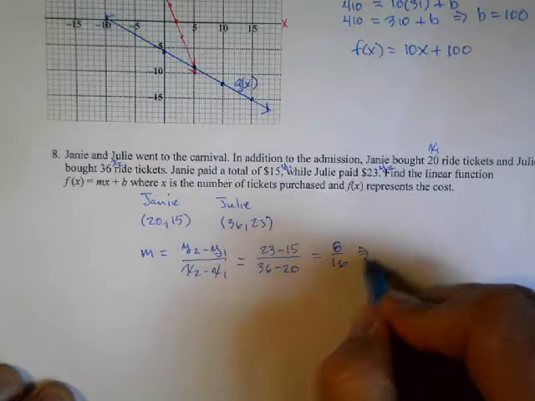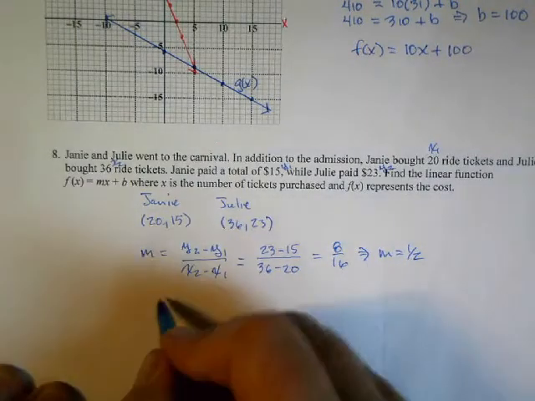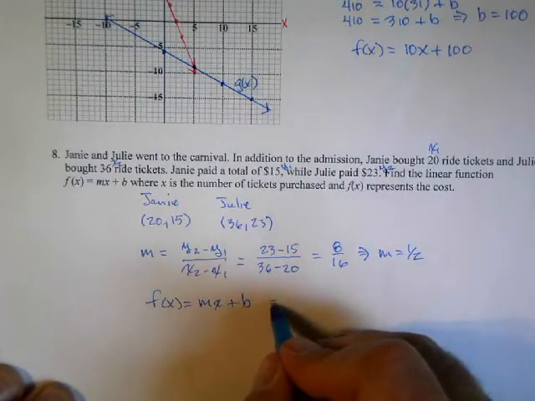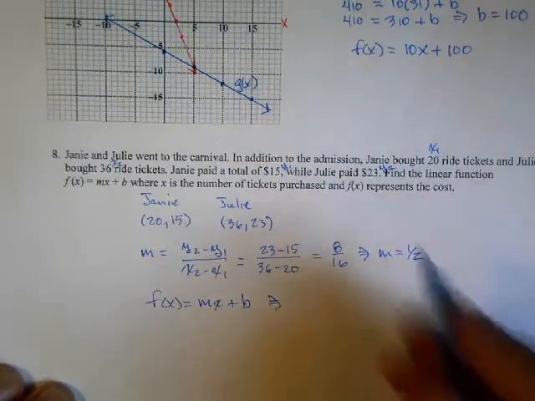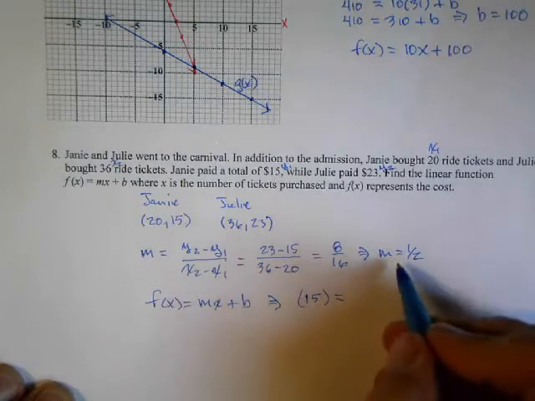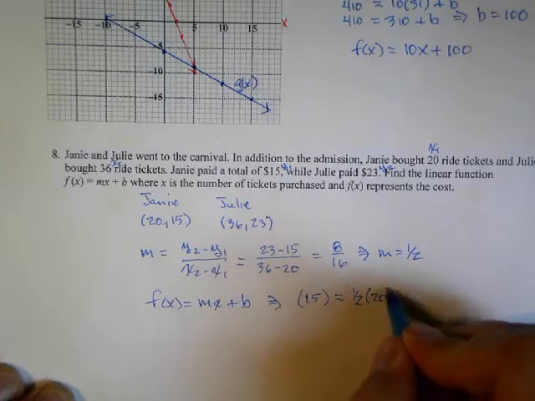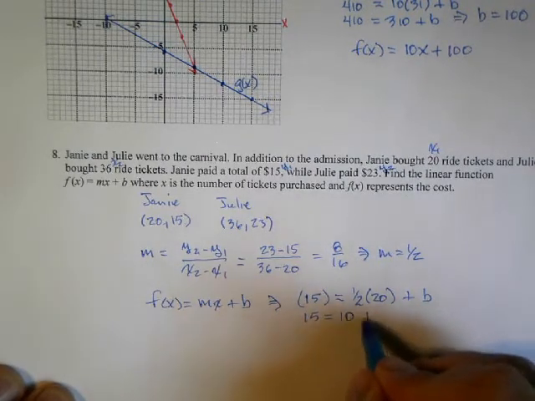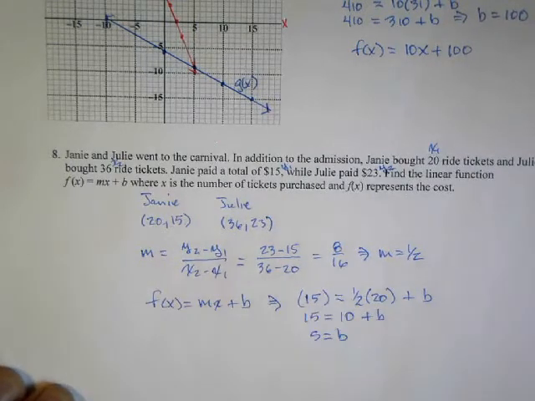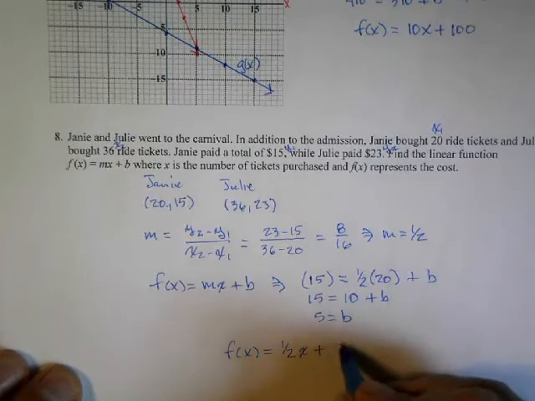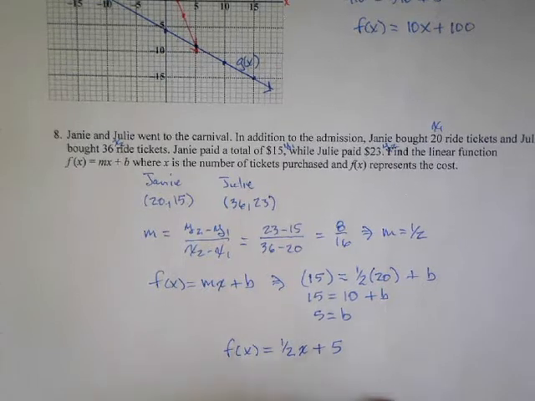Now, my general form is f of x equals mx plus b. So, I'm going to use this first one here. Remember, the second number is the cost. f of x represents the cost. So 15 has to equal my slope 1/2 of 20, the number of tickets, plus b. Well, 15 equals half of 20, which is 10. And so b is going to equal 5. And so my function is that, which basically says the admission was $5, and then it cost them 50 cents per ticket. And so there you have section